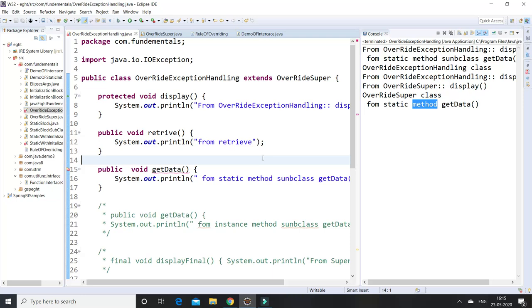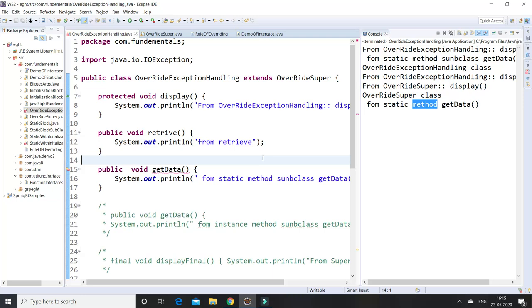If you do not declare any exception in the parent class level, in the subclass level you can declare unchecked exceptions only. You cannot provide checked exceptions. That is one thing. The second point is the order of access specifiers in method overriding: private, default, protected and public. This is the sequence. And the last point is covariant type.